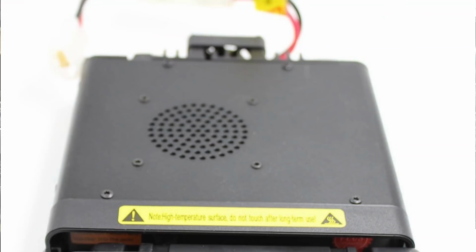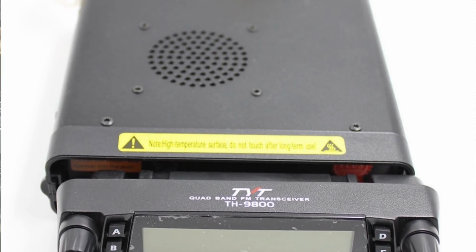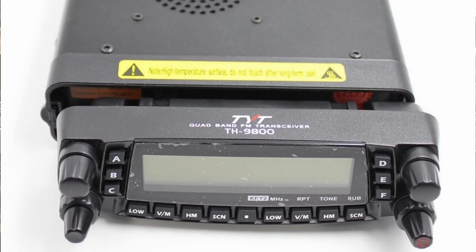The next one I'll talk about is kind of a big brother to the 7800, which is the TH9800. Now, the TH9800 has been around longer. It is basically a copy of the Yaesu FT8900, and it's a quad band radio. It takes 2 meters and 440, but it adds 6 meter and 10 meter to them. So 6 meters is 50 to 54 megahertz, and 10 meter is the 10 meter FM portion of the band, like 29